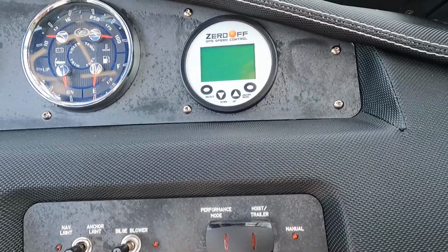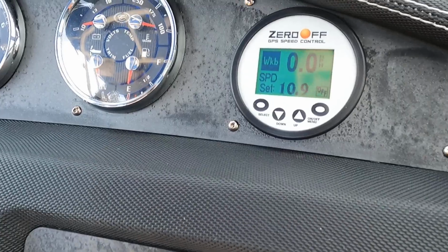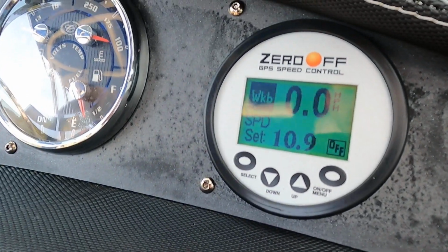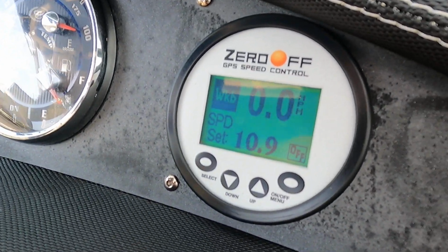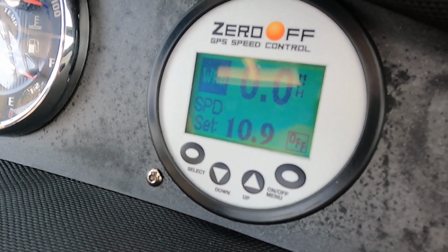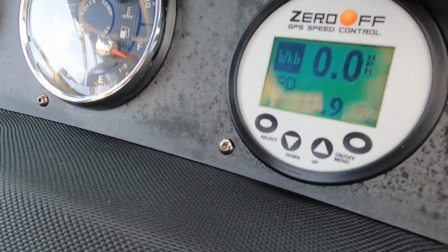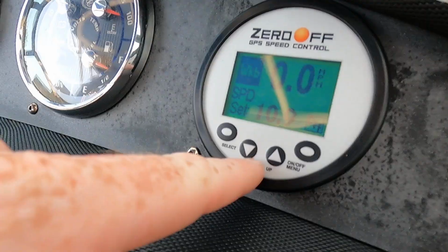I'll show you what I mean here. I'm gonna turn the key. This is dual batteries with the battery switch. Those are all turned on. So here's your zero off GPS speed control. That's gonna basically allow you to push your throttle forward. You'll hear some beeps. That means it's basically taking over control, and it's gonna do the rest. While you're moving, if you want to adjust the speed faster or slower, you can simply use the